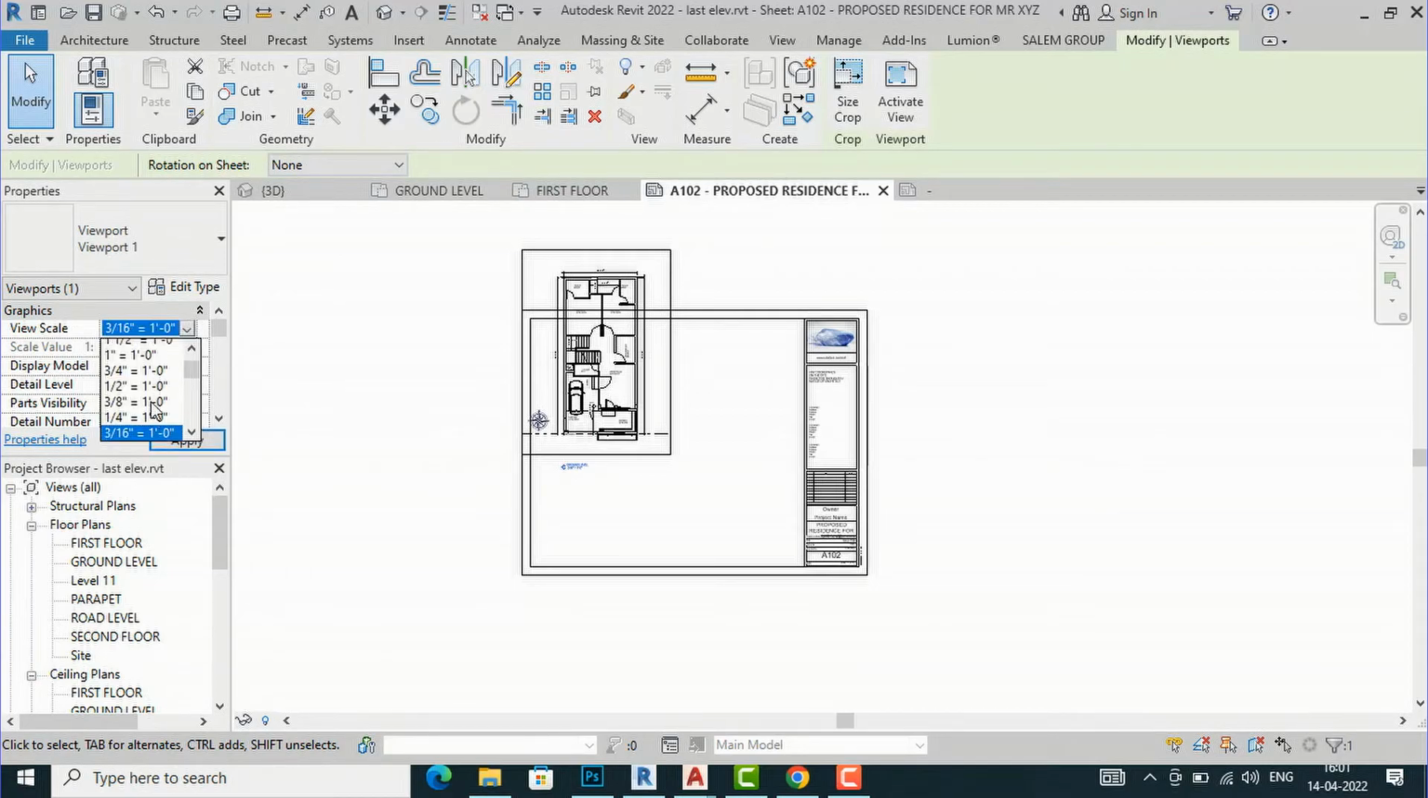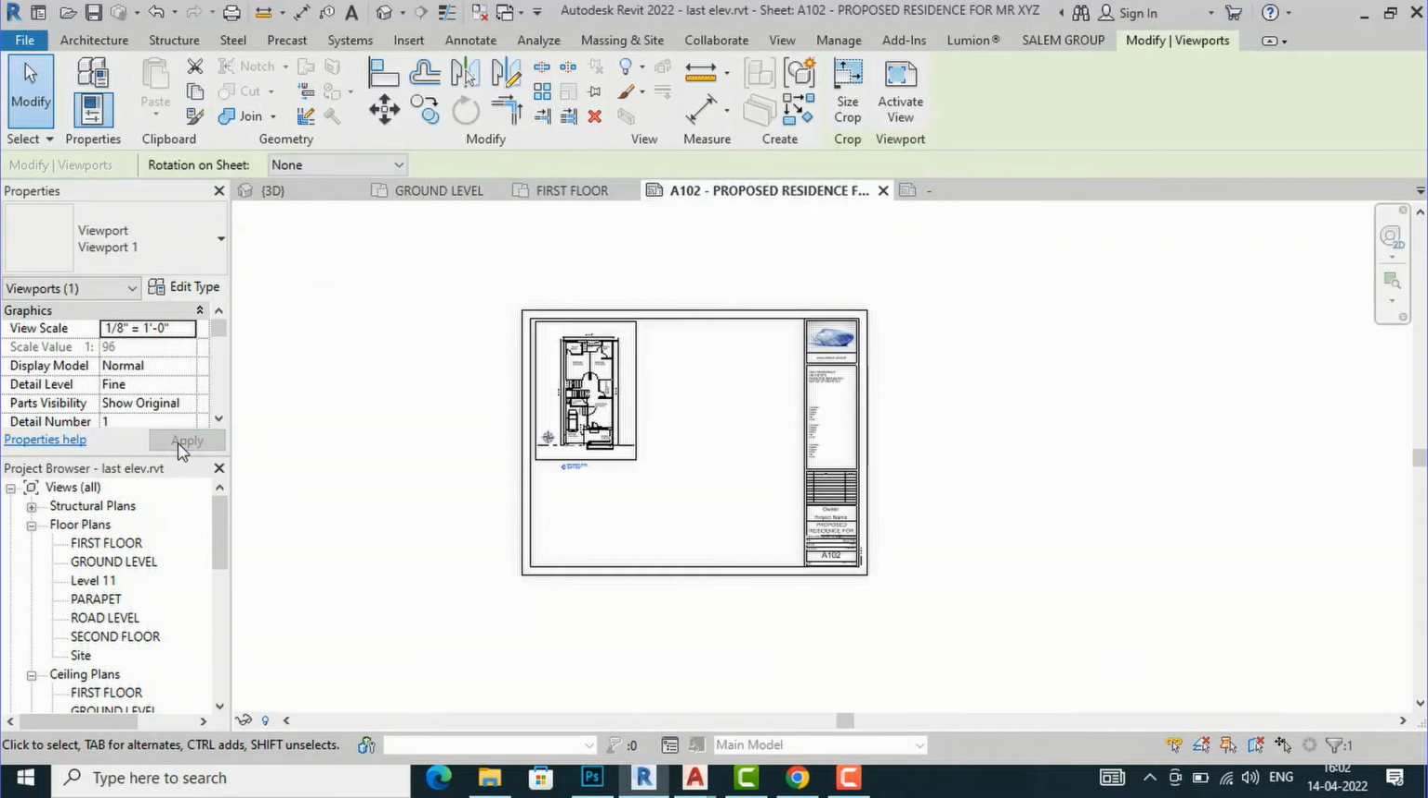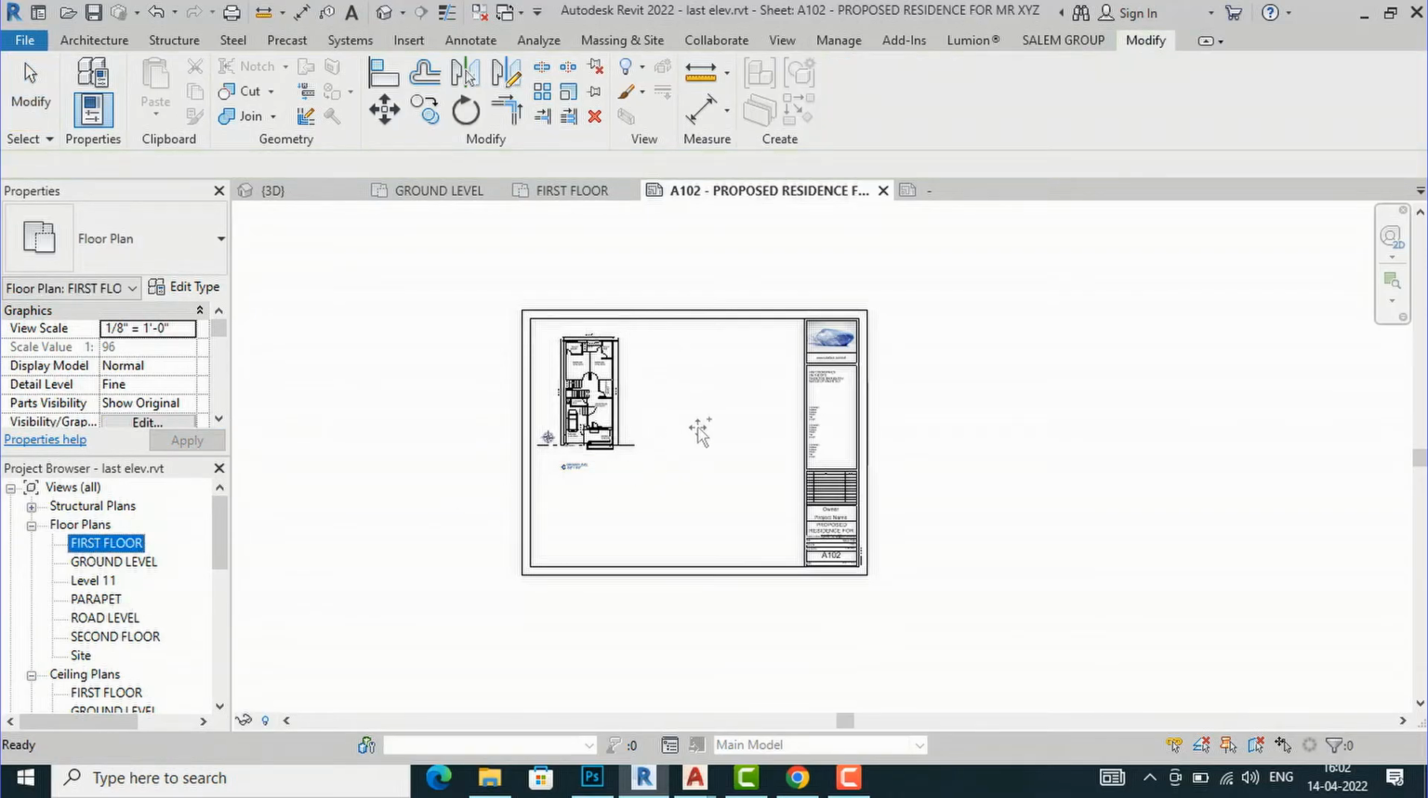So you can change scale from here, any scale you can select. Suppose you want 1 by 4 inches is 1 feet, click apply, and the scale will be changed. So now I am going to select 1 by 8 inches is equal to 1 feet, and I am going to click apply. And next I am going to drag and drop this first floor plan here,